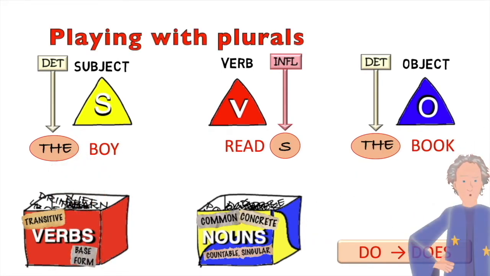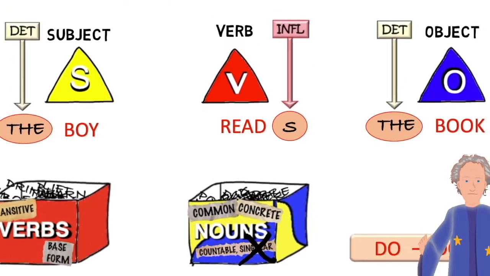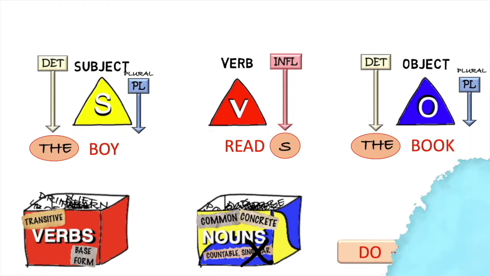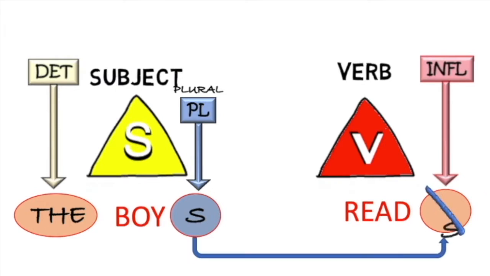Okay, now here's another little trick for you that you might find useful. Let's change the conditions here a little bit. Instead of saying we want nouns in the singular, let's allow for plural nouns as well. And how does that work? Well, the usual way of forming the plural is to add s to the noun. And if we make the subject plural, then the s on the verb has to go. One boy reads, two boys read.